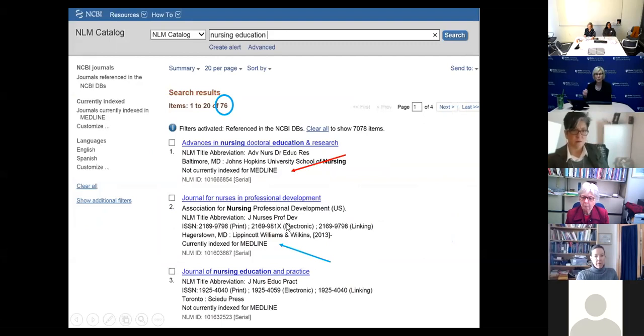And I have arrows here to show you, again, what I showed you in Jane. You want to select a journal in PubMed that is indexed for Medline. And I want to say that again. You want to select a journal in your 76 here that is currently indexed for Medline, because what someone found last year